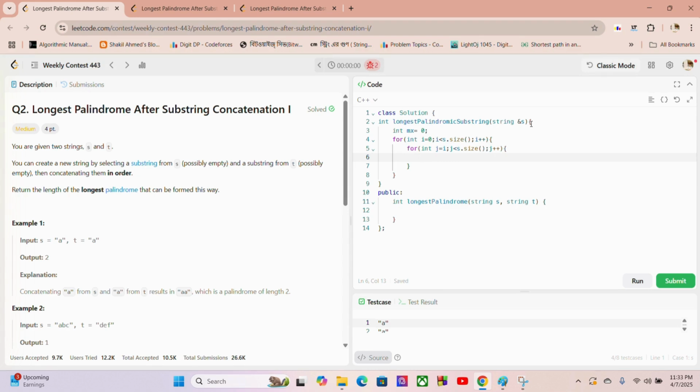Now we will go for the two-pointer approach, and for example we will take the substring from i to j. So let's say p equals i and q equals j, and while p and q don't cross each other, we will check whether the character at position p and the character at position q are the same